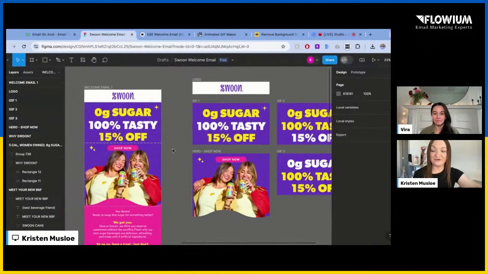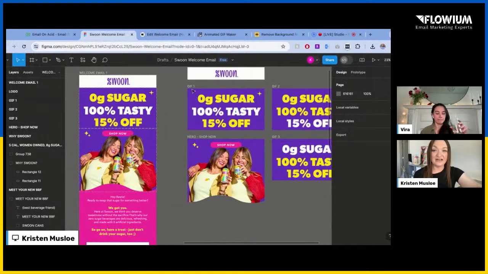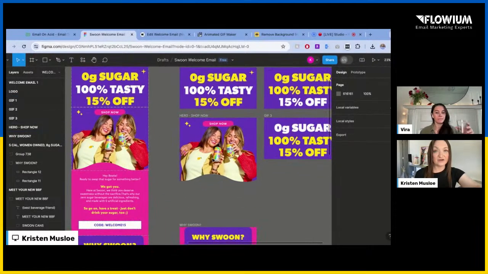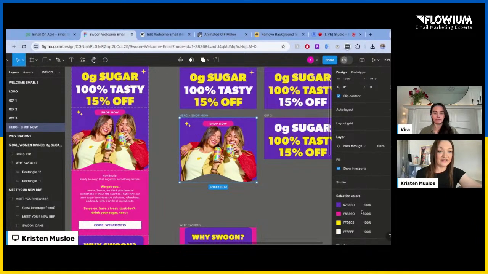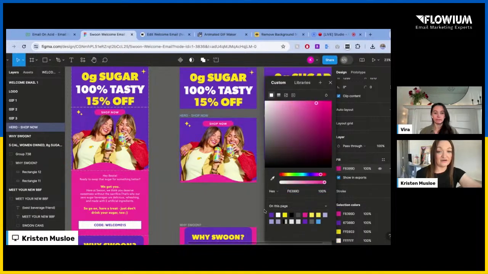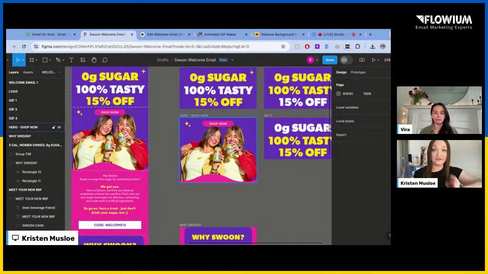Yes, and then going back over here, you can see that I opted to do this, but one thing I wanted to make sure I went over is PNGs for dark mode. The background on this is pink, but you're not going to want to export this with a pink background or any background at all. So this is really what this would look like if you're just looking at this section on its own when